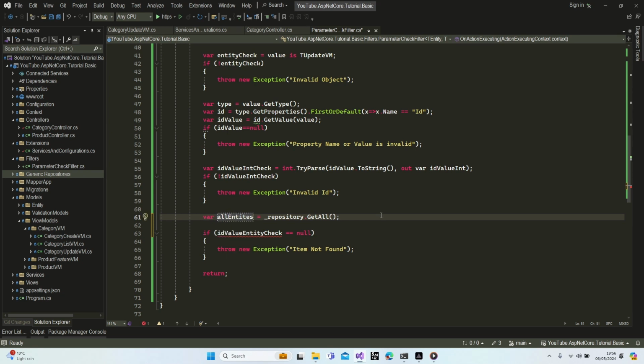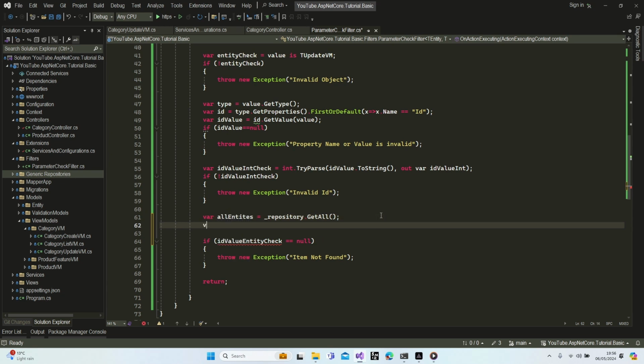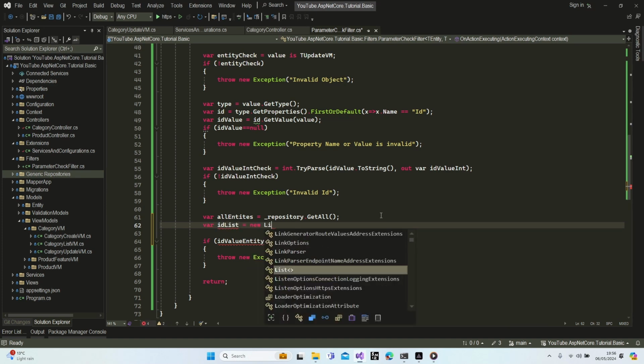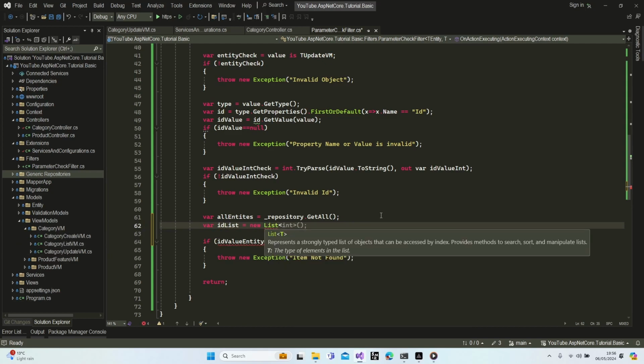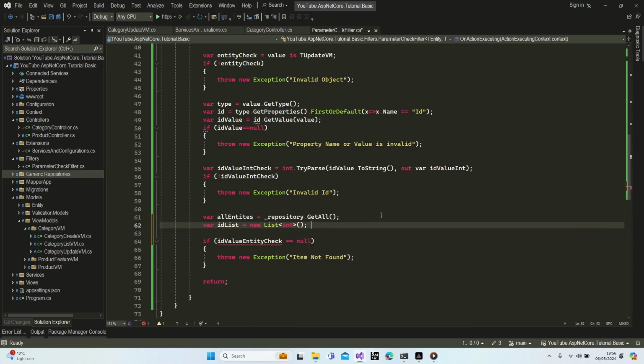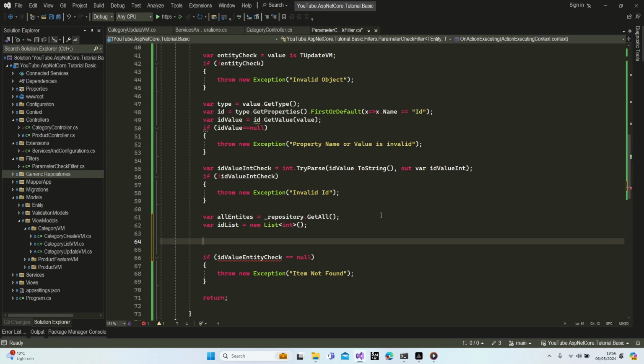Okay, we get all entities. Now I'm going to create a new list, ID list, which is just for containing ID items, integer items. Let's do a foreach loop